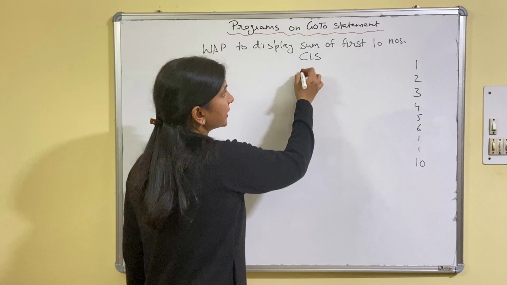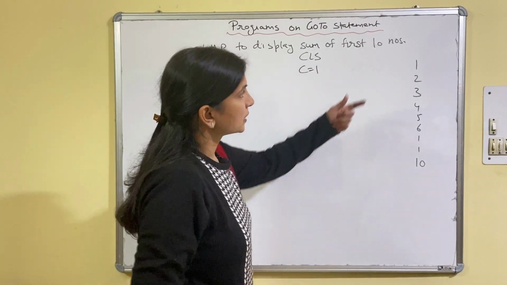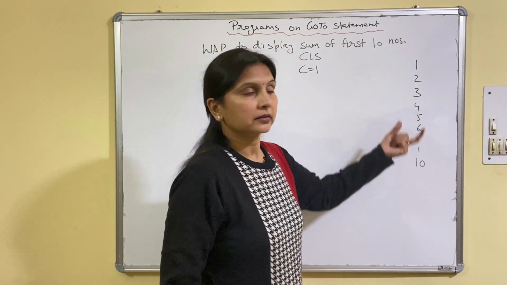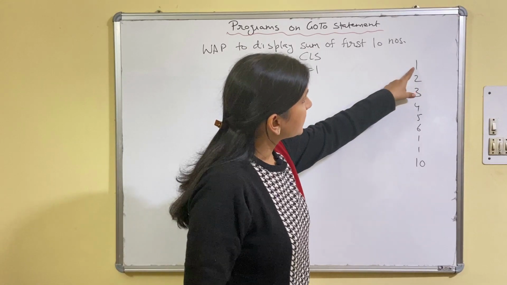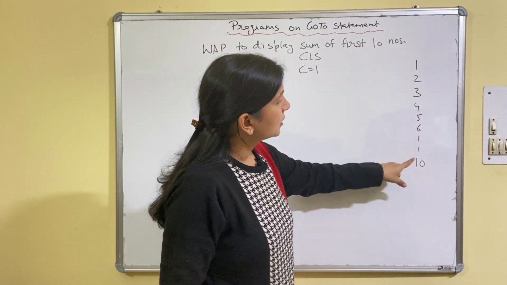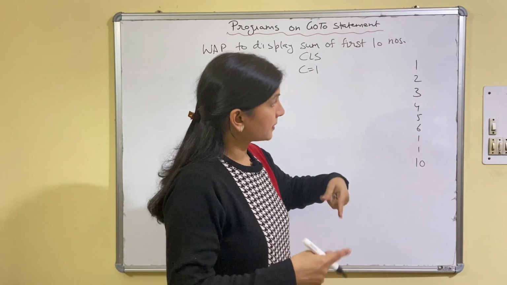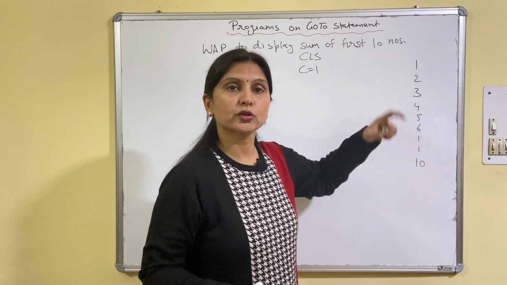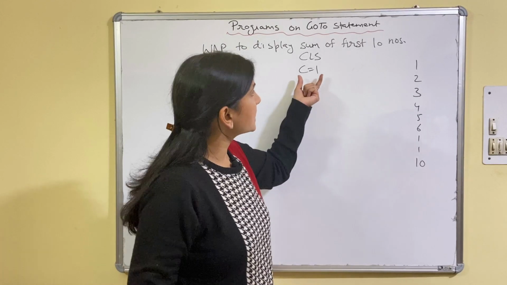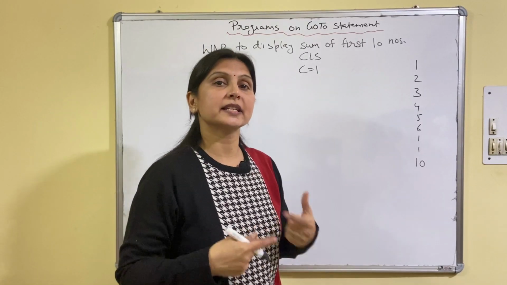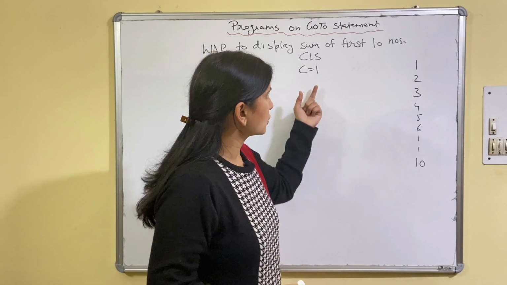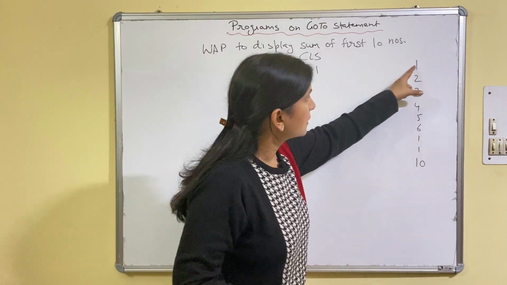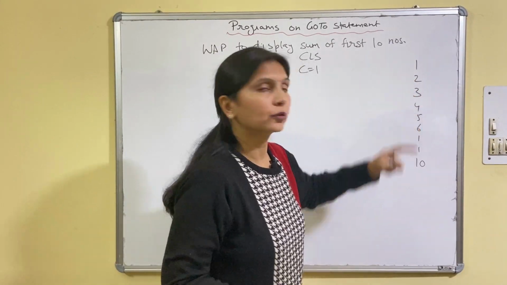We'll take a counter variable. Why? To keep the check. What check? Whether it is the first term, second term, third, and the statement should be repeated up to the 10th term. As the term becomes 11, it should come out. So it keeps the check on how many times the statements should be repeated. So we can say the counter refers to the first term, second term, third term, fourth term.